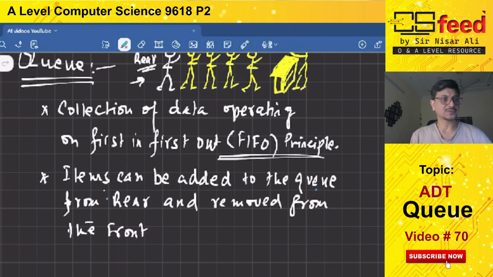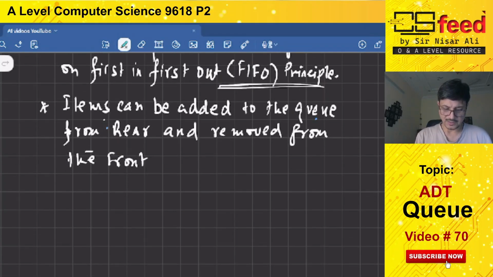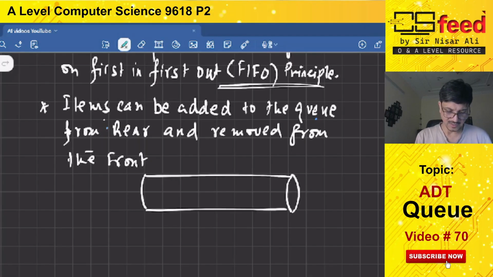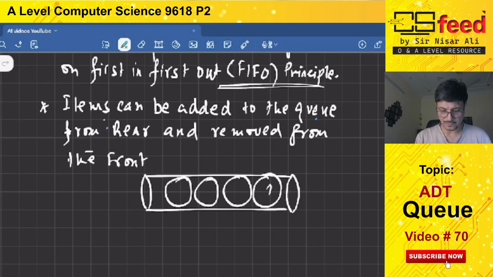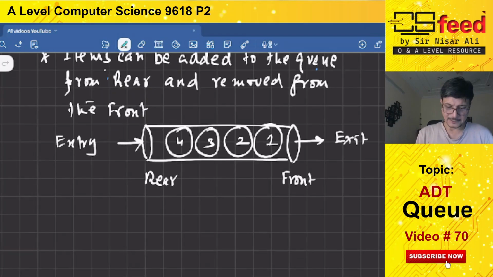All right, so in this queue we can also assume the queue like balls in a beaker, like a small funnel. This is ball 2, ball 3, ball 4. So this is the front and this is the rear. The exit is from the front and entry is from the rear. So this is the basic thing that you must consider for the queue. All right, now moving next,